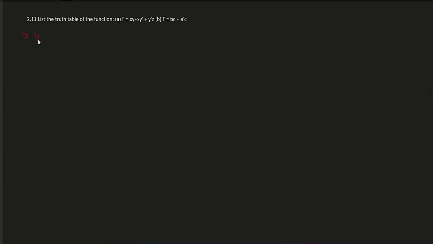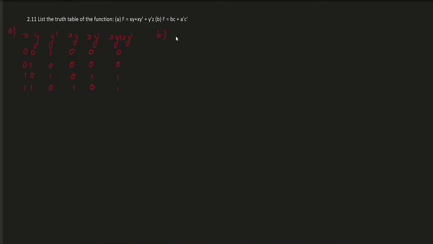We have x, y, and we will have y bar. Then we have x y bar. Finally we have xy plus xy bar. So this is 0 0, 0 1, 1 0, 1 1. This will be 1 0 1 0. Xy will be 0 0 0 1. Xy bar will be 0 0 1 0, and adding these two will be 0 0 1 1. So this is A,